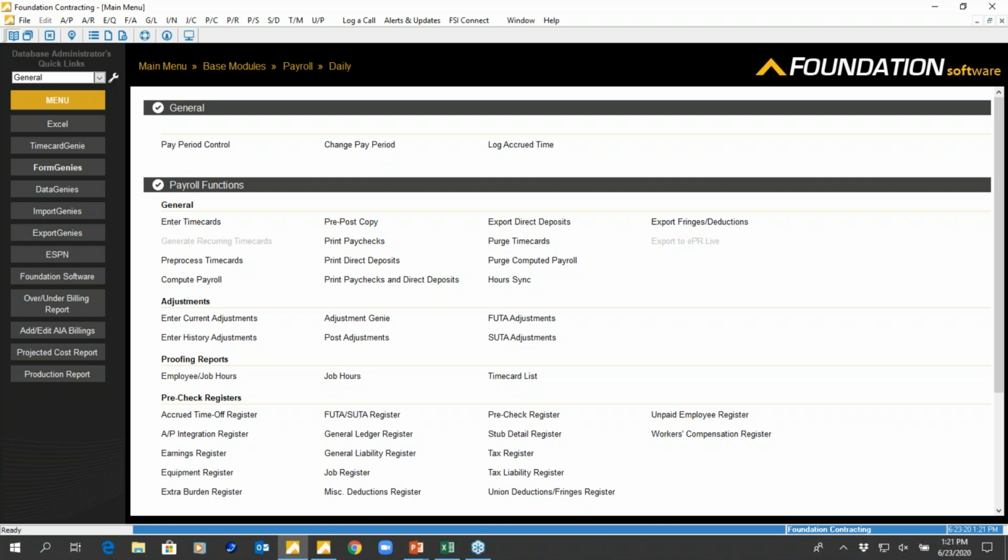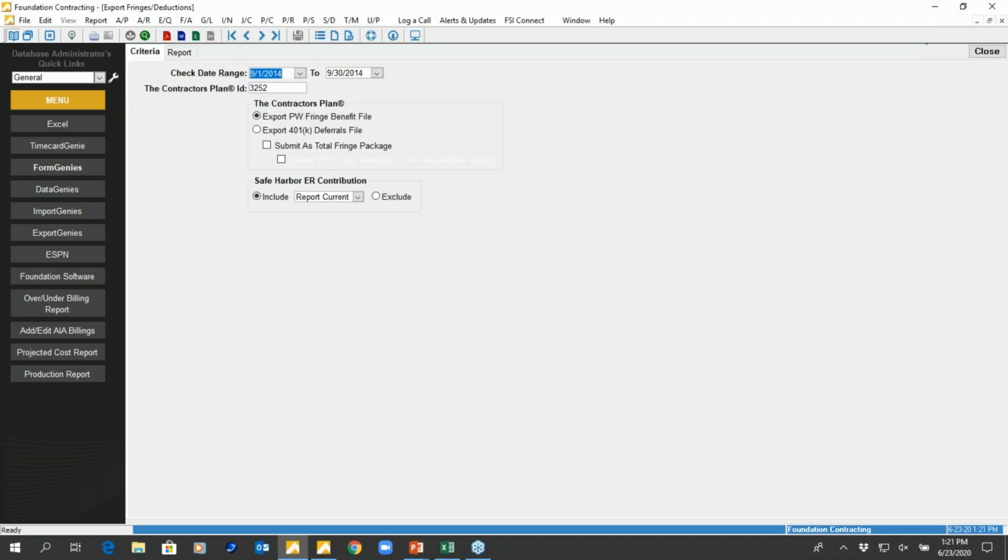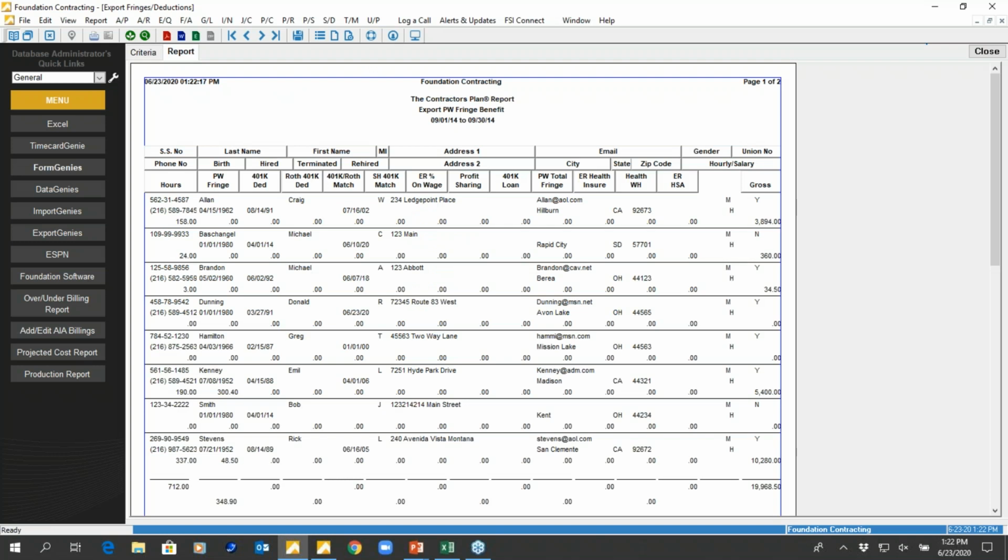And the direct integration between Foundation and the contractors plan is this feature right here. So once we have everything set up, you're live in the system and you're processing payroll, there's an excellent integration piece between Foundation software and the contractors plan. It's bringing the best of both worlds together, where on the benefit side, the contractors plan is going to definitely take care of you on that end, and then Foundation can do the rest from the accounting and job costing side. And when I go to create this report here, it pulls out all the contractors plan